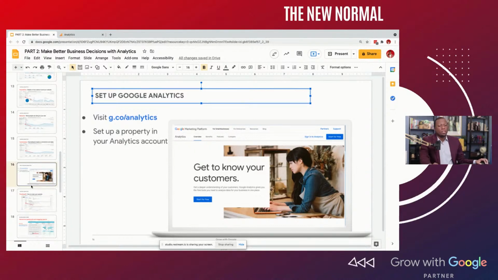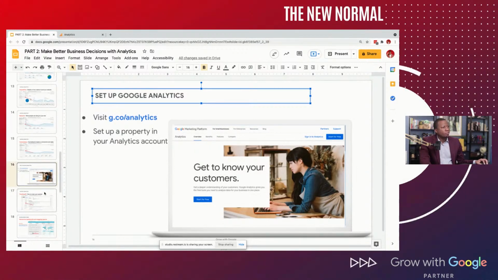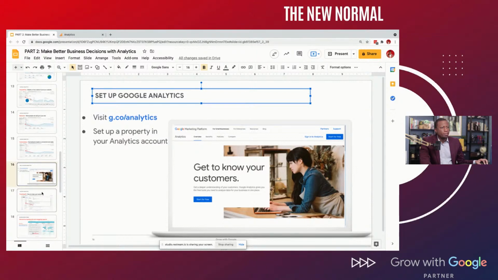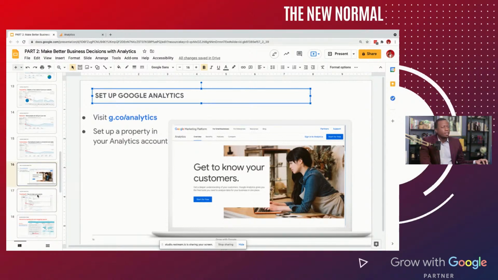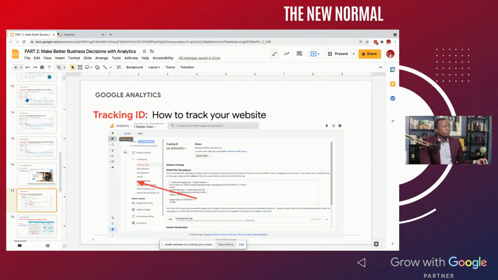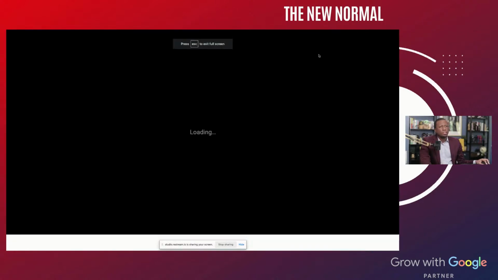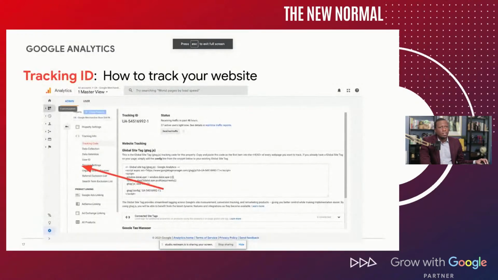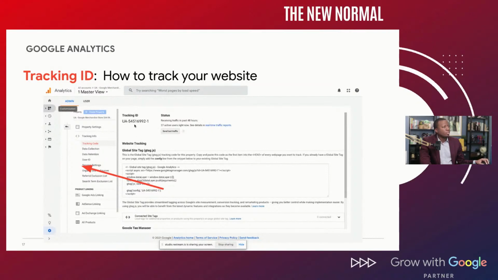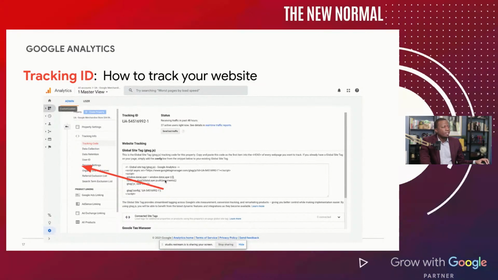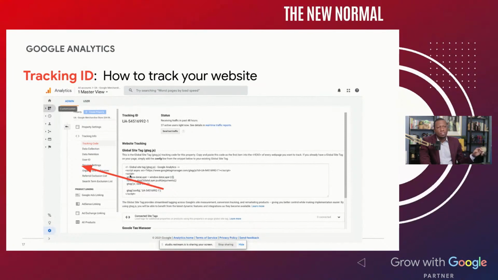So once you have an account set up, the next question that I believe Cynthia asked was, how do you connect into your website? And it's something called tracking code. When you sign up for an account in analytics, you get a code that looks something like this. And then you take this code and you paste it in your website.